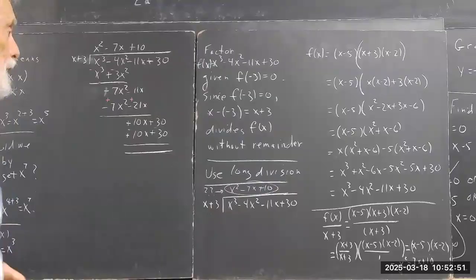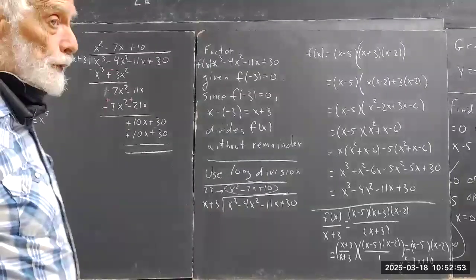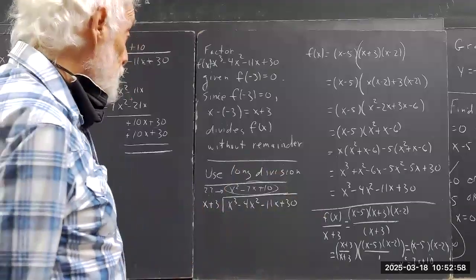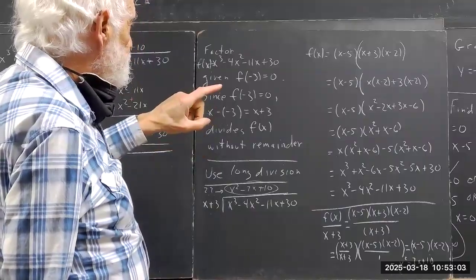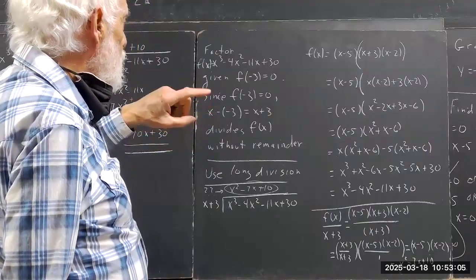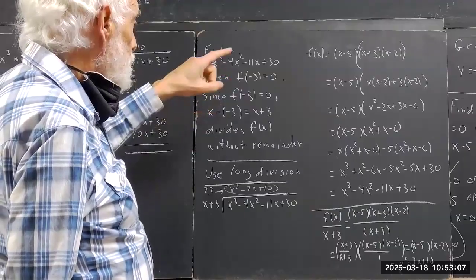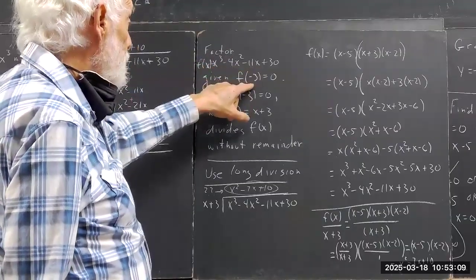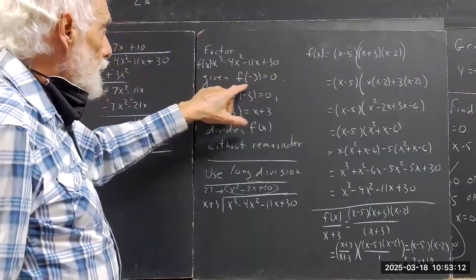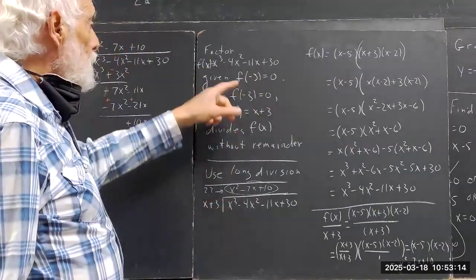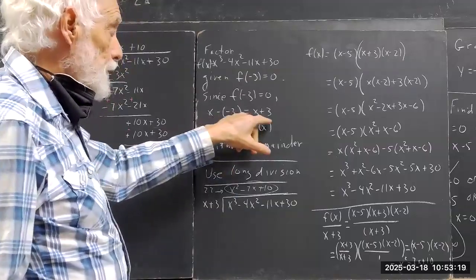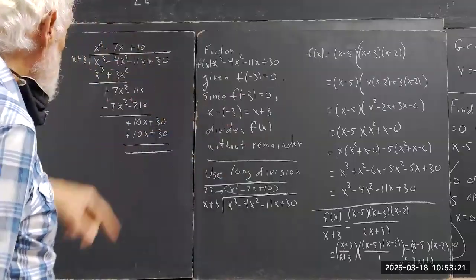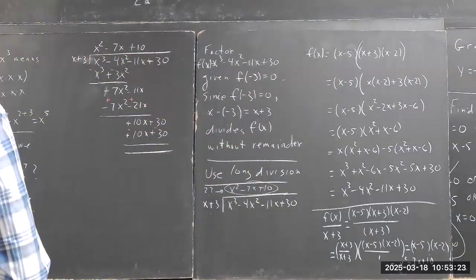If we find it by one means or another, if we know that x equals negative 3 gives us 0 here, we know that f of negative 3 is 0, then we know we can divide f of x by x minus negative 3, which is x plus 3, and we get this. So now we can write